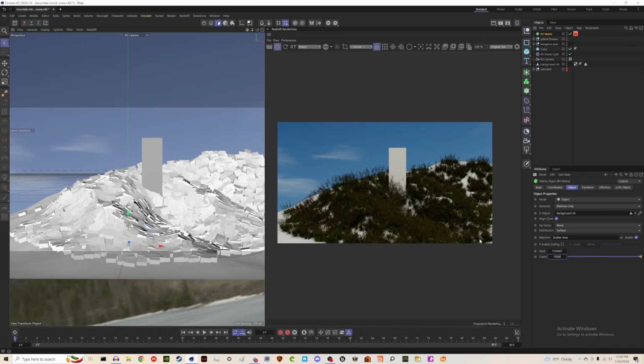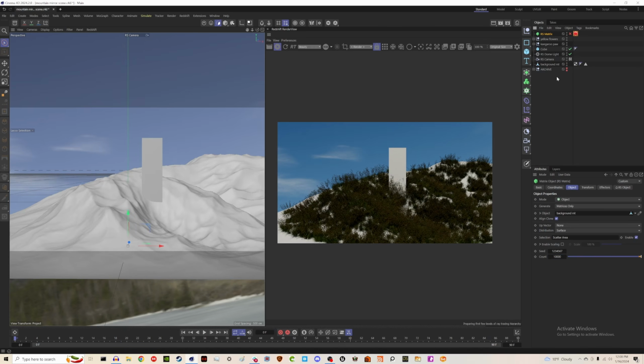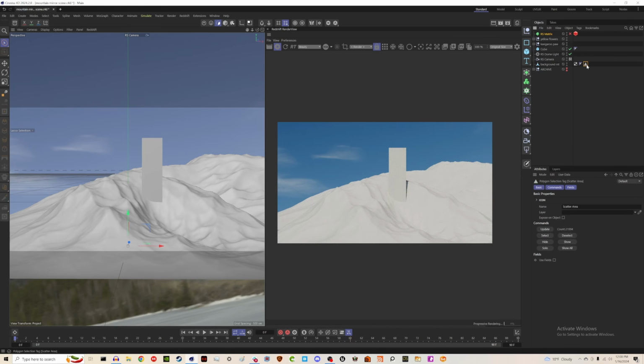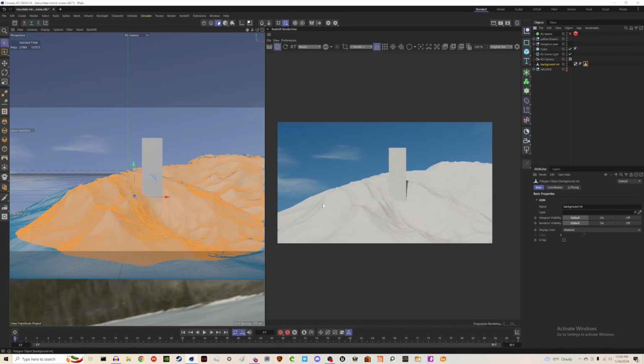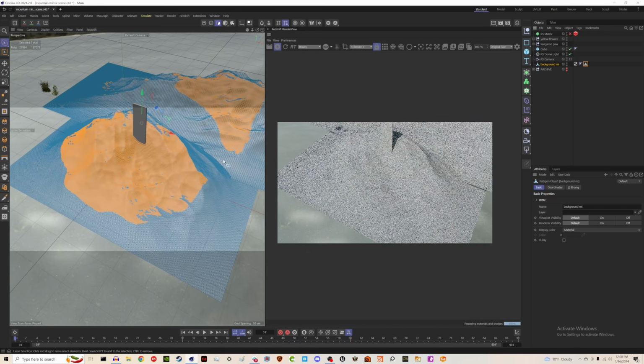So let's say those are our bushy plant coverage that we want. So now I want to actually take out some spots that I want the flowers to be focused in. So let's uncheck our Redshift matrix for now. Go back to our polygon selection tag on our background mountains. Let's select that and make sure you have your background mountain selected. And I'm going to click out of my camera view,